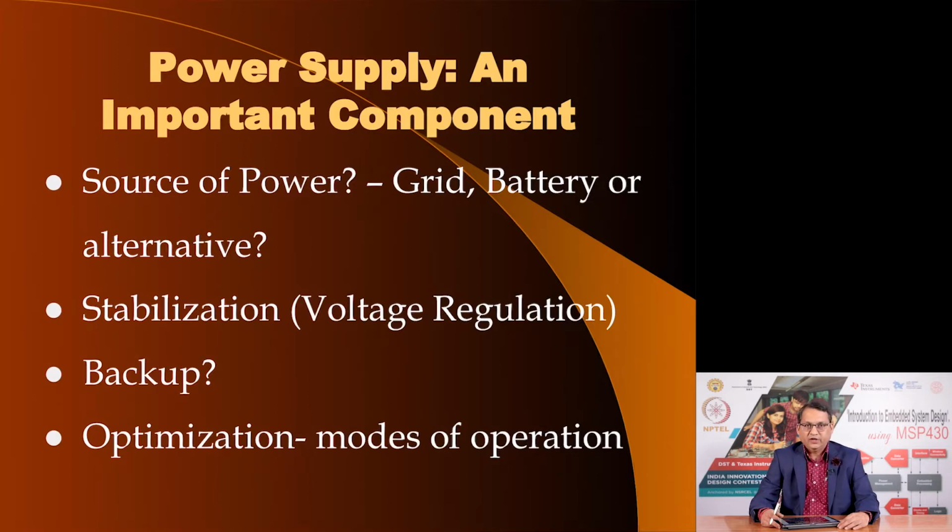The first question that we must answer as designers of embedded systems is: what is the source of power? Usually, if you have an embedded system which is going to be powered by mains voltage, then you would derive it from the wall socket, what we call the grid power. That is the most common source of powering your embedded systems, but if you are going to connect a cable between the source of power and your embedded product, then it would be restricted to a physical space.